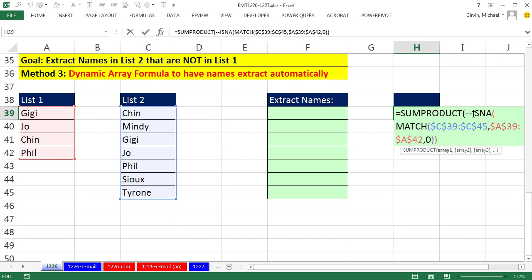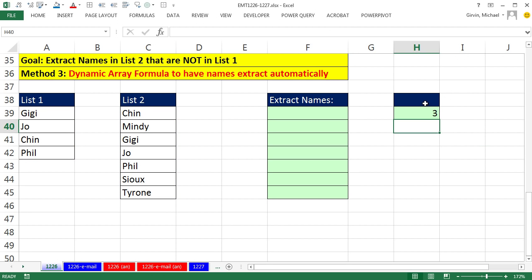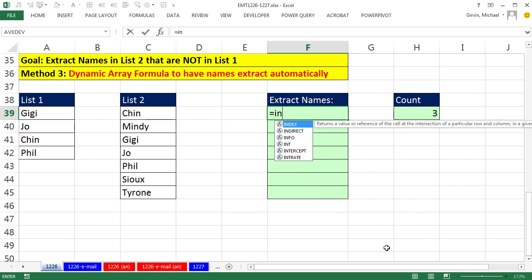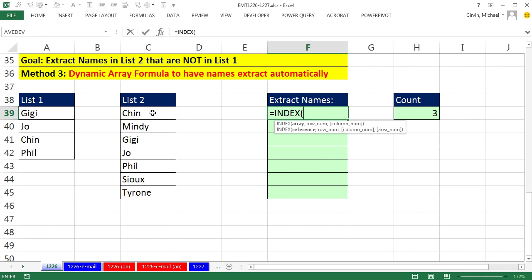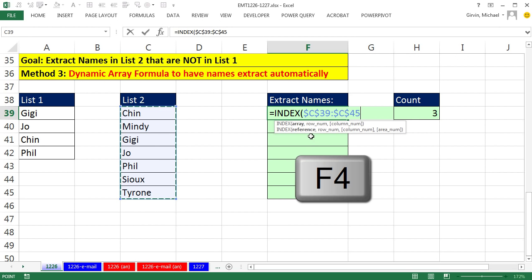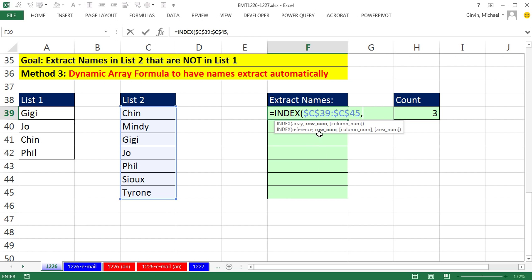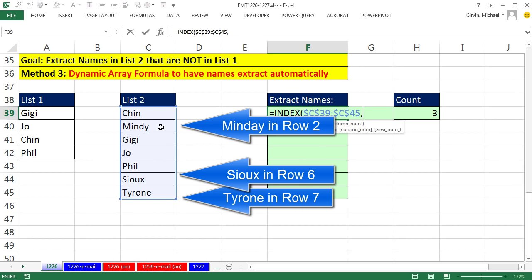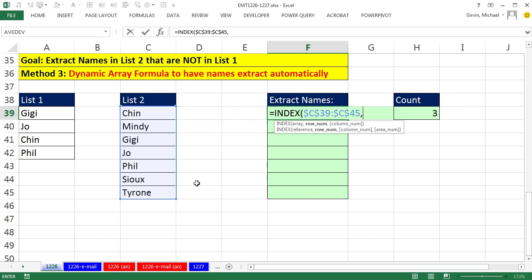Control Z. Now watch this. I'm going to copy this, Control C, in edit mode. Close parentheses on the SUMPRODUCT and enter. Now there is our count. Now I'm going to come over here and we're going to start our array formula. Now, equals INDEX is a lookup function. And remember, I'm trying to get names from list 2 that are not over here. So I highlight the whole range and F4, comma. And now the row number. I'm going to need, it looks like 2, 3, 4, and then a 5, and then a 6, and then a 7. So the way we're going to do this is we're going to need to use